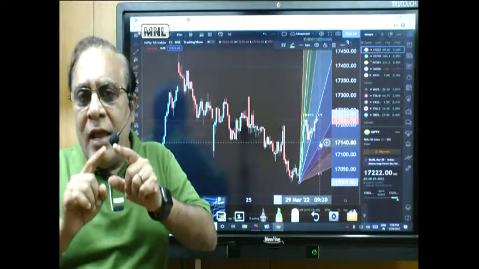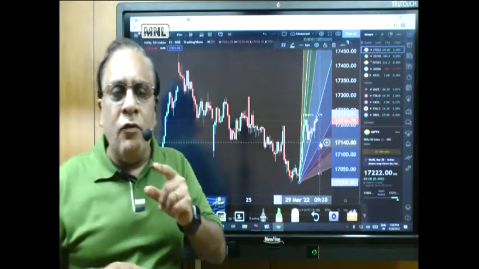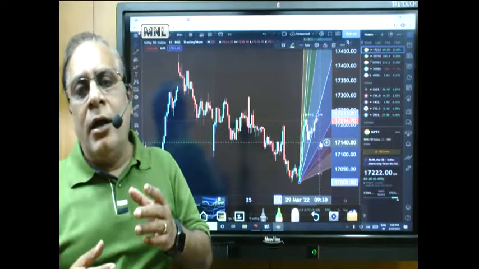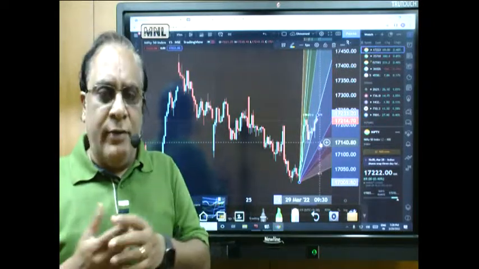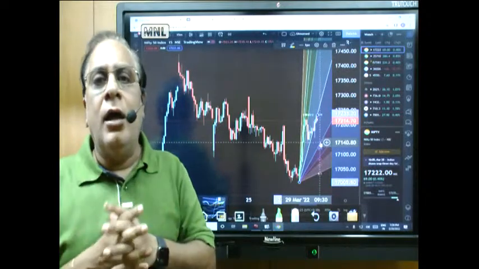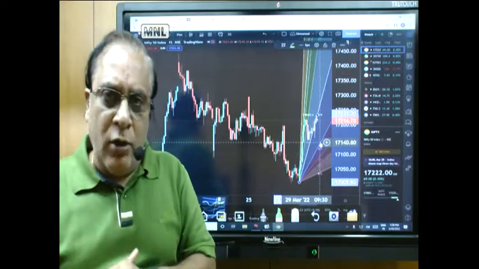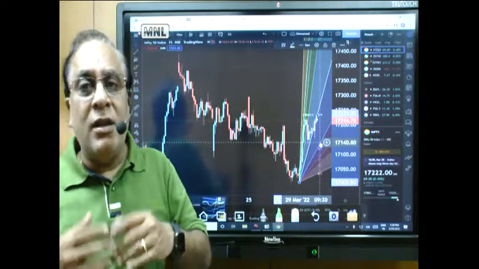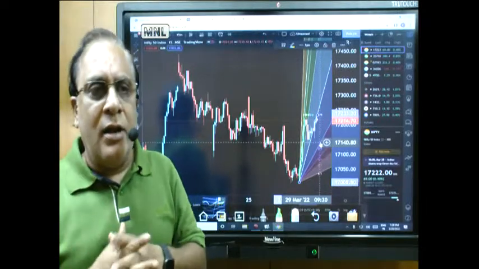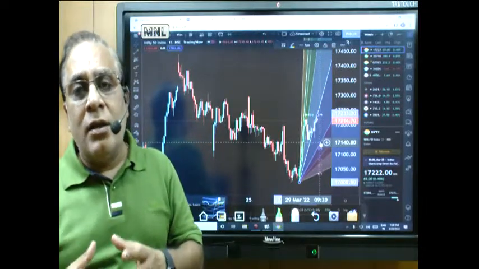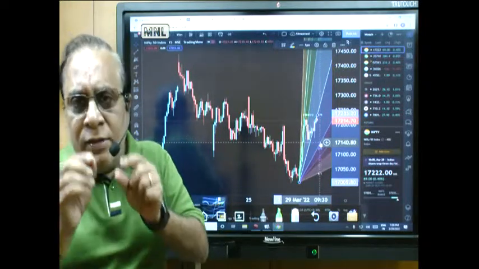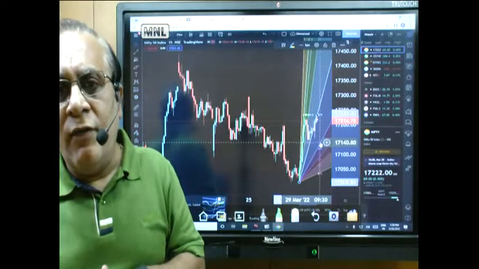angle which can help you to identify a trend, because there will be a lot of questions raised on what is a trend. So we have already identified trend based on moving averages, or on Dow theory, classic Dow theory based on the pivot point high to low point low cut. We have also identified based on the trend line. Now let us say you have a difficulty in drawing a straight trend line. Then in that case you just go for a trend line which is based on the angle, and that angle is a 45-degree angle. So from whichever point that may be, you get a 45-degree cut,